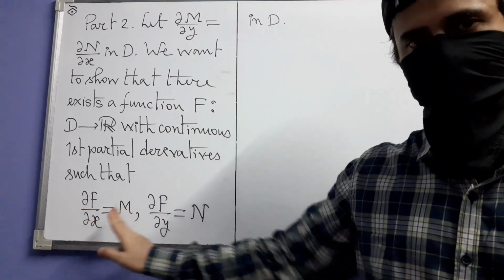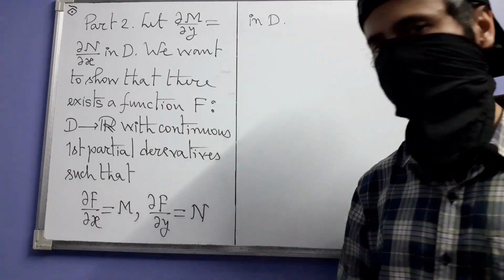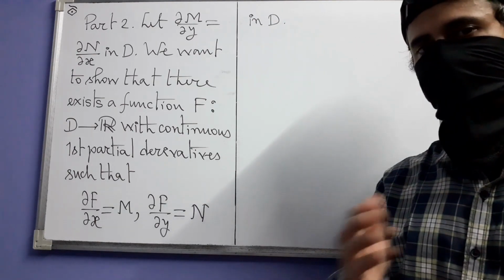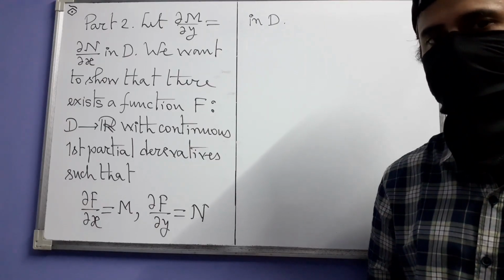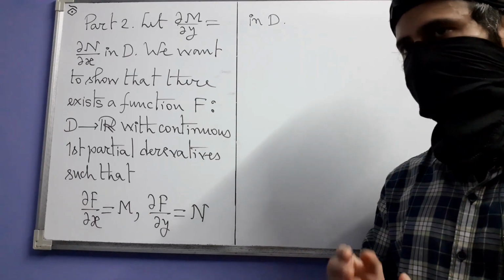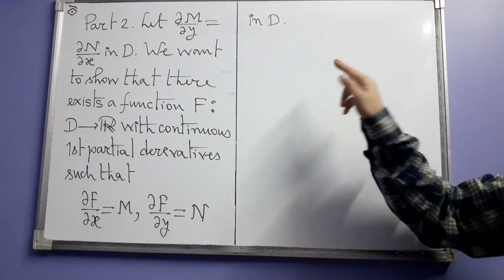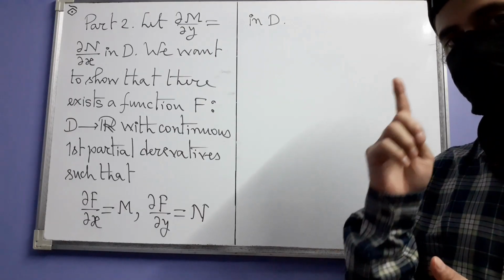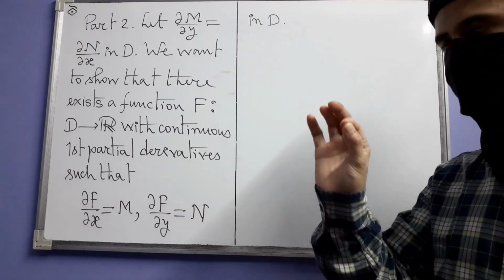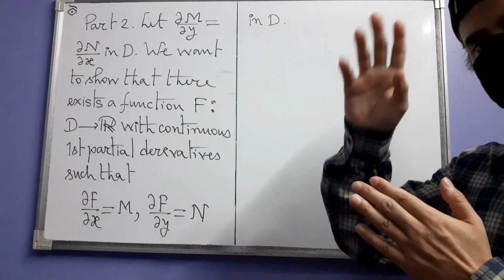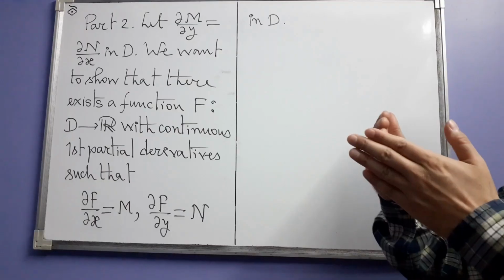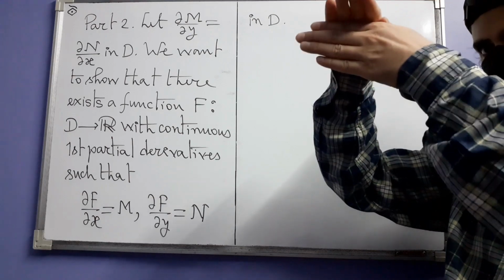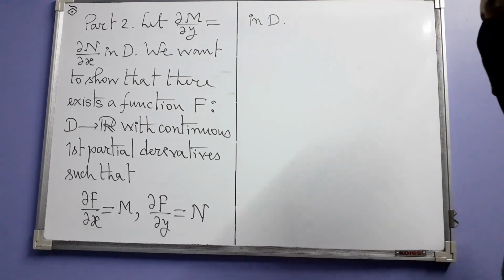You don't know f, you know M. So you integrate both sides with respect to x. But you may say, but f is a function of x and y. Well, you keep y constant, that's it. You treat y as a constant in the sense that for all y for which some (x, y) belongs to D have to be considered, but one y at a time. When you choose one value of y, then y stays constant and x changes, or rather I should say like this, y stays constant, that is this thing stays constant